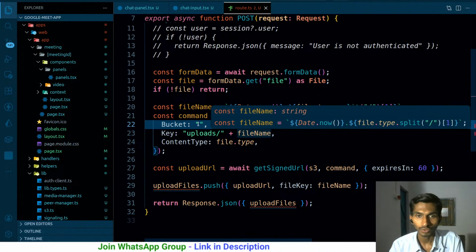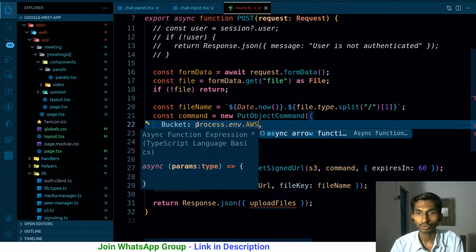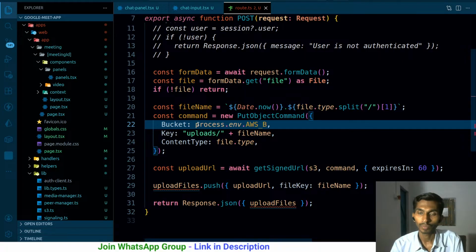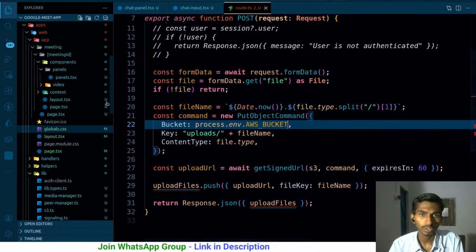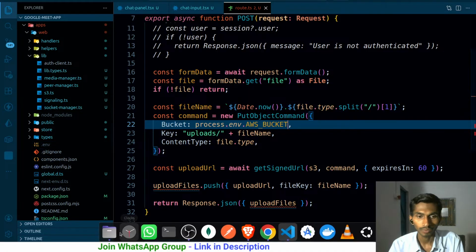So let me do one thing. First of all, let me name it process.env.AWS bucket. And as for this AWS bucket, I'm going to create it inside the environment variables as well. Let me just simply